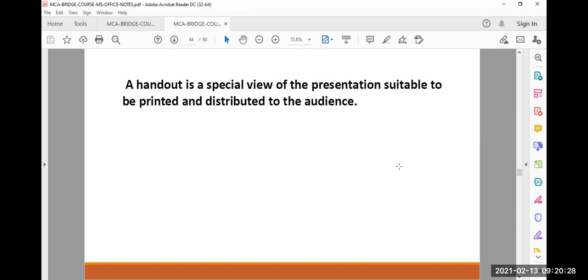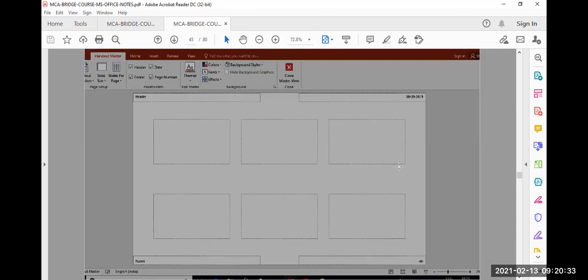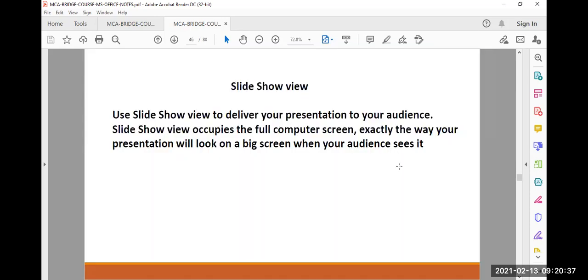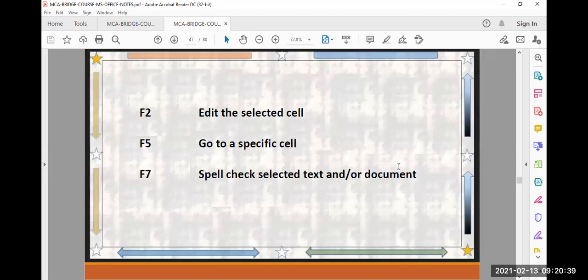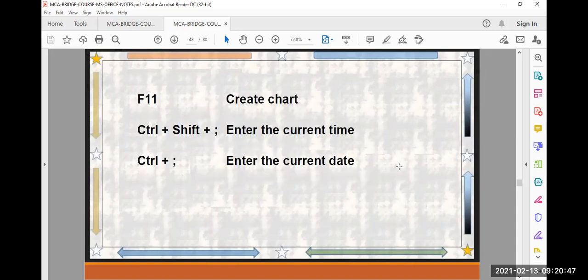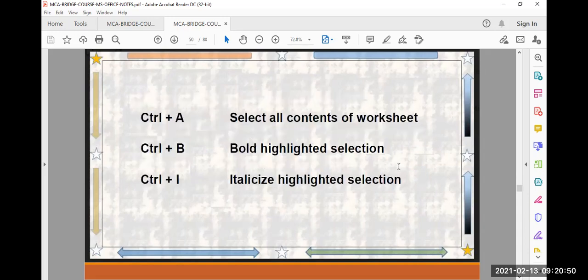Handout means just converting your presentation to a brochure, which can be distributed to the audience. These are some of the keyboard shortcuts available under MS Office PowerPoint and Excel chart.